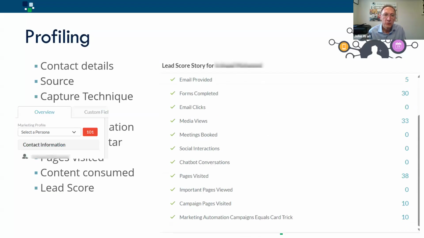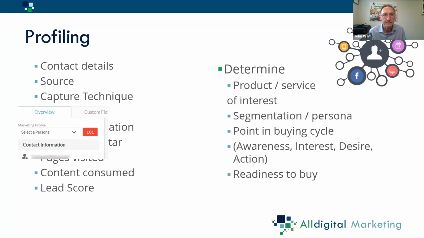And that shows you just how the lead score is formed. So the lead score can be set up so that you can base it on the behavioral activities of them rather than just the number of touches and visits.